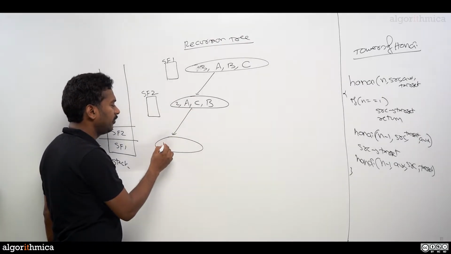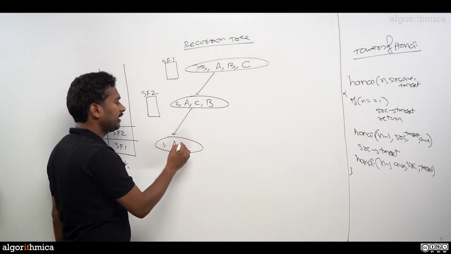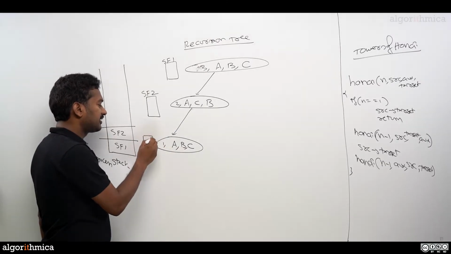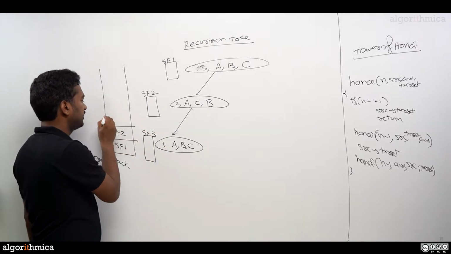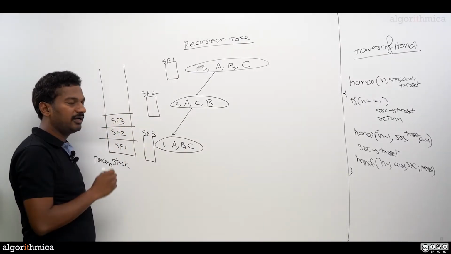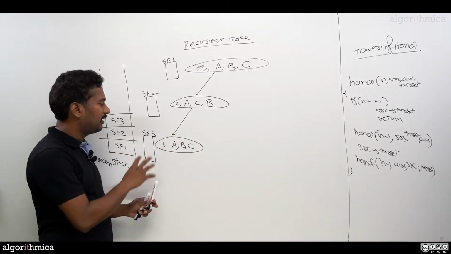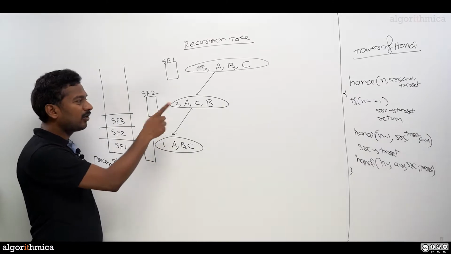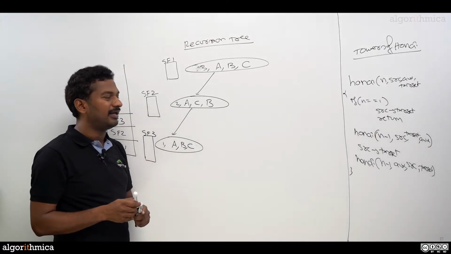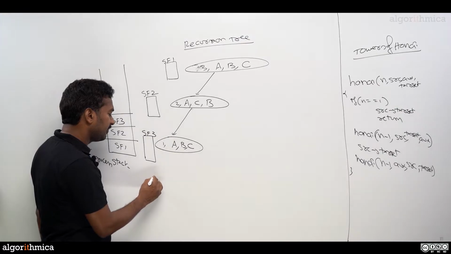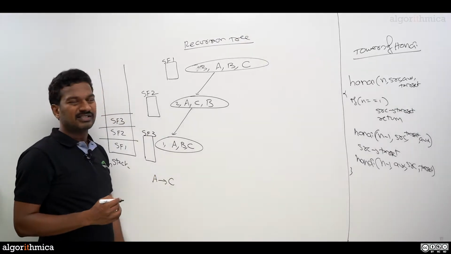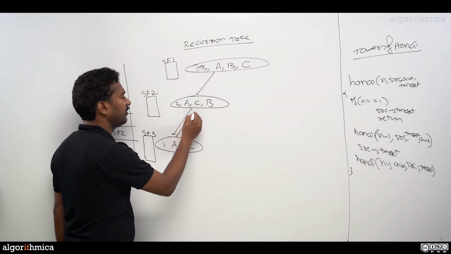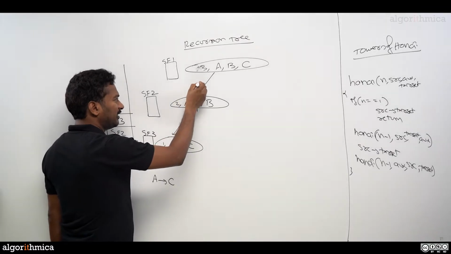Now here we have 1, with A as is, and the other two swapped, so CB becomes BC. Again, to execute the body we need a stack frame 3, which is pushed onto the stack, and I call it SF3. Now we execute the body: n equal to 1, so 1 equals 1 is true. Immediately we display the move from source to target, A to C. That's the first move. Then the return statement, a blind return, and you have to go back up the tree. You can also name the order here.